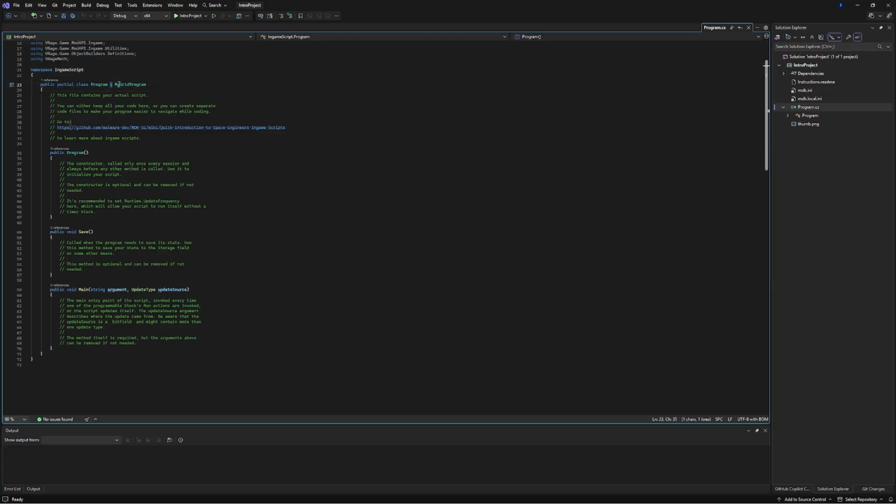This says that it's going to inherit from my grid program. So all classes can be inherited. This means that this program is a MyGrid program, so it does everything MyGrid program can do, plus what we add to it. Like it has the program method, the save method, and the main method. That's all from MyGrid program, stuff that it has already implemented, and then we can extend it with our own